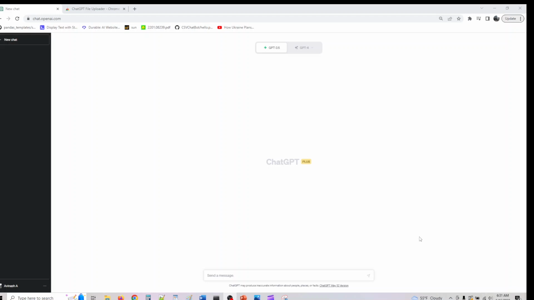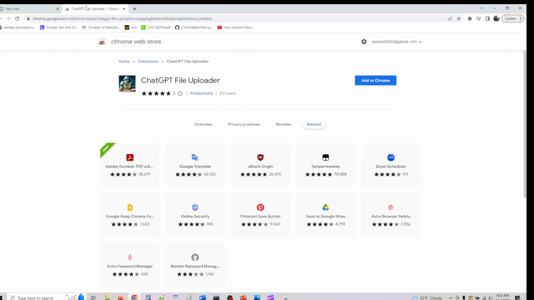Hey guys, wanted to cover a new GPT plugin which will now enable us to submit input files. So there is something called ChatGPT file uploader. This is a Chrome plugin. You can go and click on this,